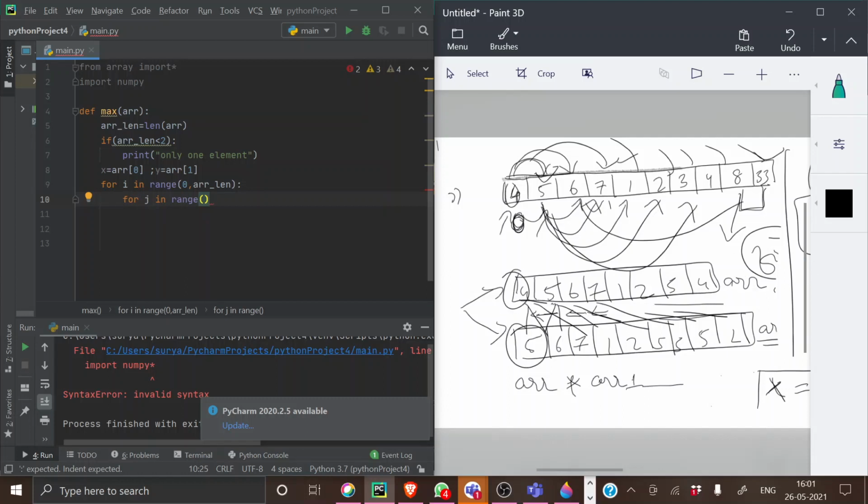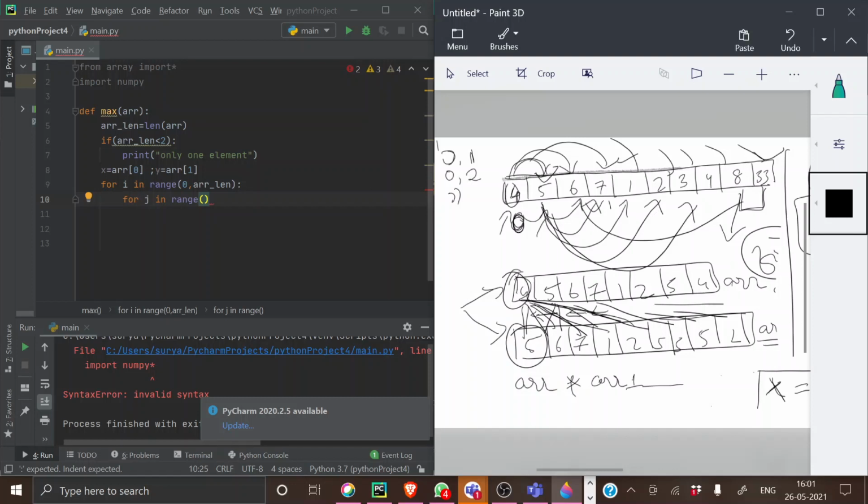Normally if you give a loop inside a loop, the first loop chooses the first element, for i in 0, comma array length, so it takes the index 0 and comes to the second loop, and with 0 as the first element, it completes all the combinations with 0: 0 and 1, 0 and 2, 0 and 3, 0 and 4, 0 and 5.